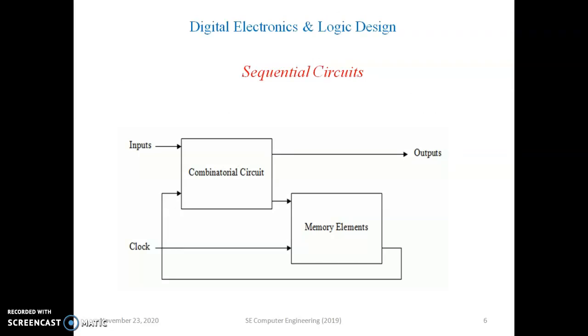So it takes the combinational circuit's help also. So the input is given to the combinational circuit and it requires the clock and memory element also. When we are going to implement a sequential circuit, we require the clock also. The clock can be set manually or automatically. And output is there. So whenever we are going to implement the flip-flop conversion also, at that time also you require the clock. That clock may be given to the negative edge triggered or positive edge triggered clock.